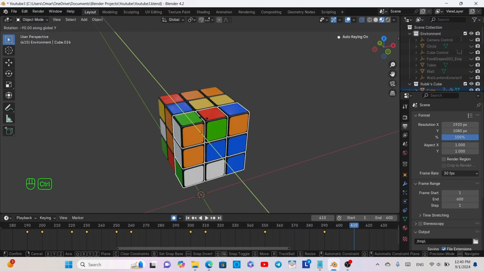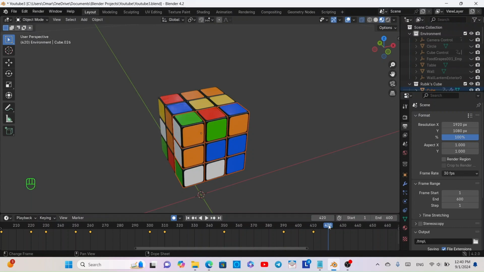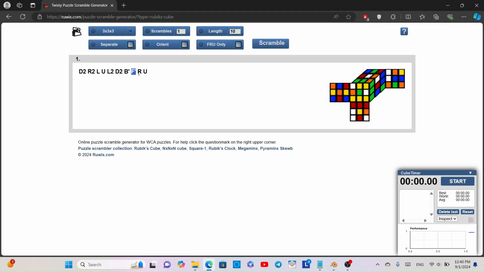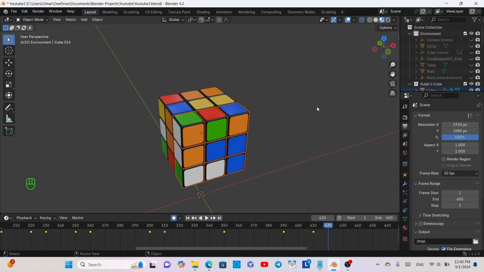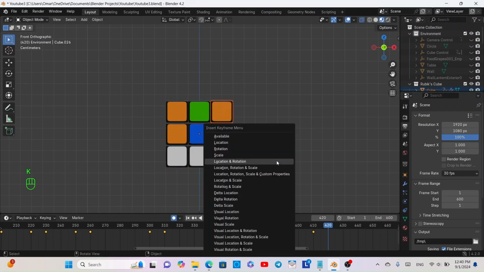Okay, so let's left click. Again, forget about this number, just look at the cube in order not to confuse yourself. So now I'm going to skip 10 frames, and I'm going to go to frame 420. And I'm going to go for the next move, which is R, which means the right side 90 degrees clockwise. So I'm going to go to the reference position, click and drag to select the right face, and then I'm going to add a rotation keyframe,